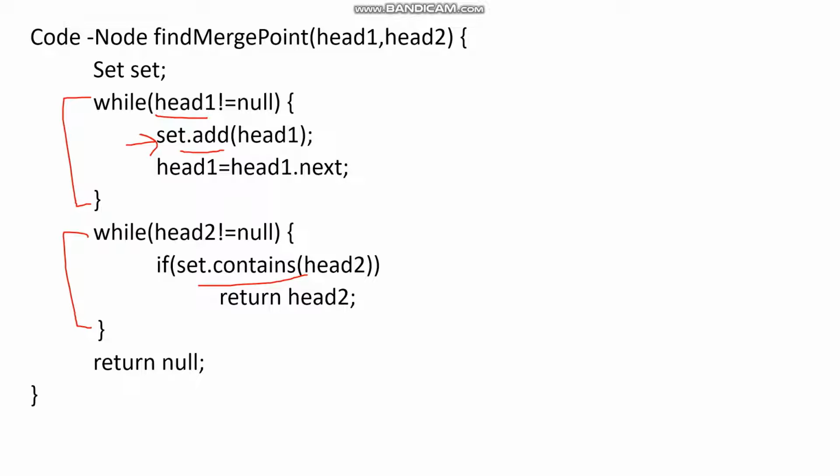If it is present, then we will return that point because this is the merging point. If this condition does not come true, then we will return null, because in this case both the linked lists are different. These linked lists are not merging at any point.